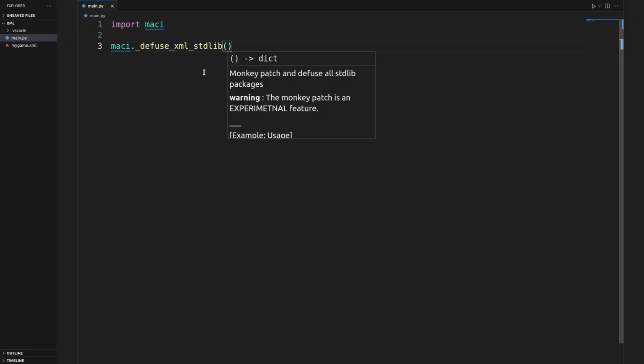But again, once it's run, it's essentially a patch to replace parts of the standard XML parsing libraries like the element etree, DOM minidom, and the .sax, and even others with safer implementations that prevent some of the vulnerabilities out there. But that's going to go ahead and wrap up this video on